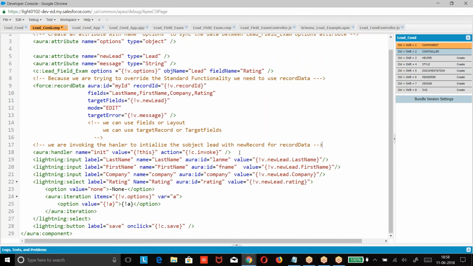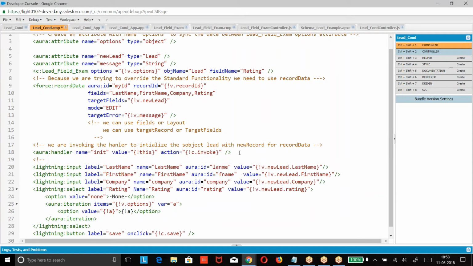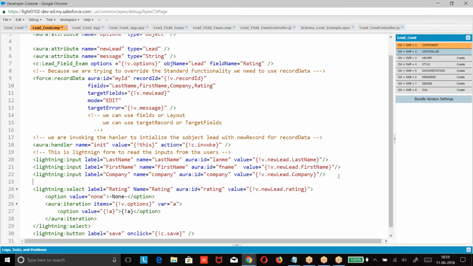The next, we are creating this as a form, with inputs, then creating the options based on the options we received.